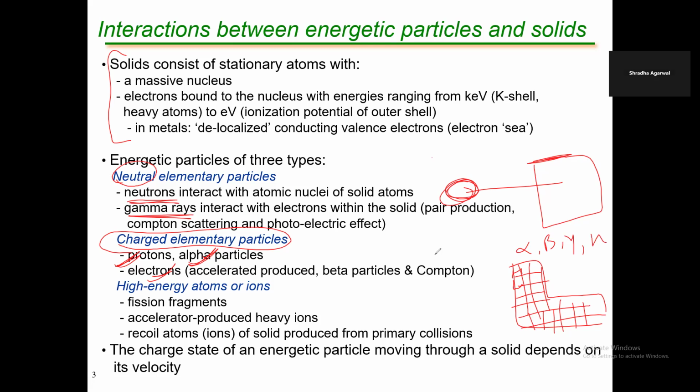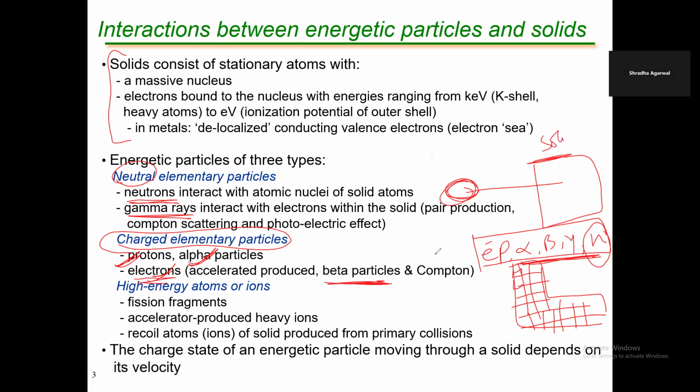So this is how we can also put them. Now it's an electron, which will be a beta particle, and it could be proton and alpha particle. So all these particles you can also accelerate along with your atoms in the periodic table